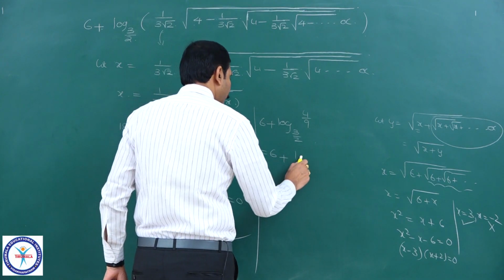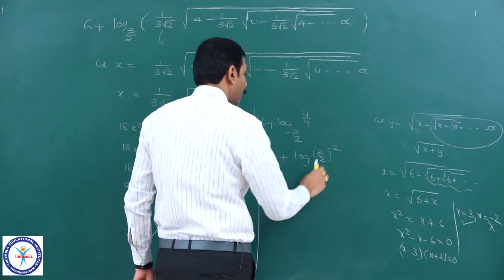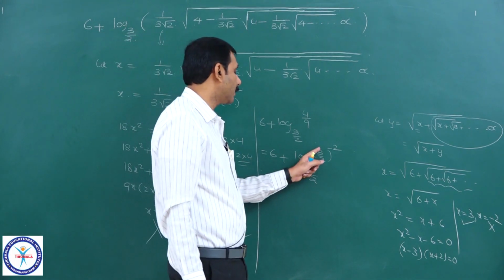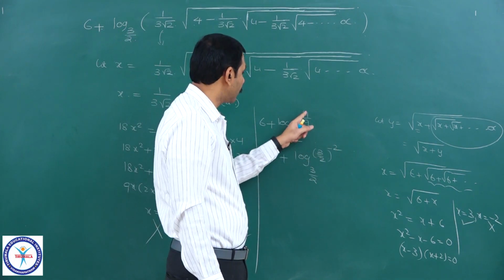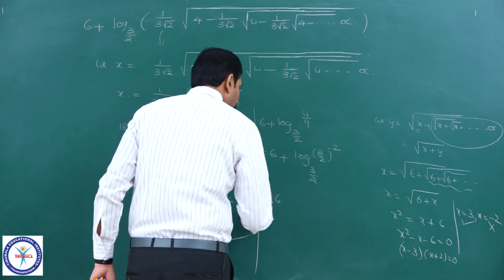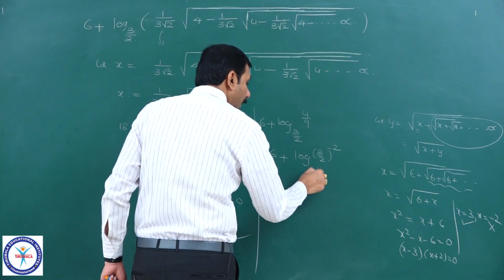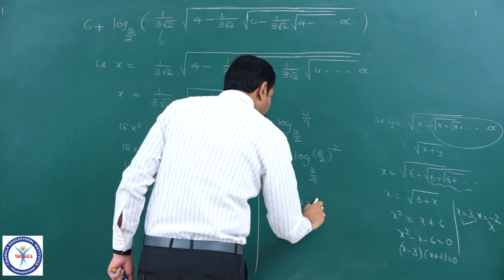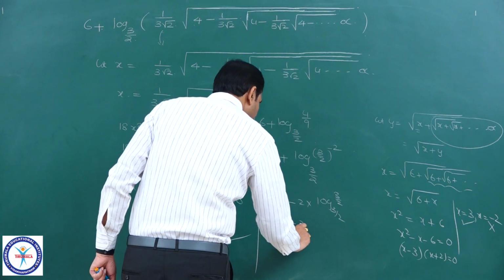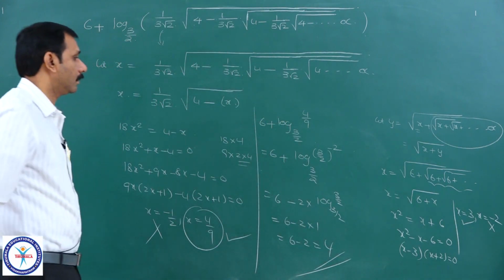It is equal to 6 plus log of 3 by 2 whole power minus 2, I will write to the base 3 by 2. Here it is 9 by 4 whole power minus 1, that is nothing but 4 by 9 only. I can write this one. Hope you can understand this one. It is equal to 6, of the form log a power m to the base a, m into log a to the base a, minus 2 into log 3 by 2 to the base 3 by 2. It is equal to 6 minus 2 into 1. 6 minus 2 is equal to 4 will be the answer.